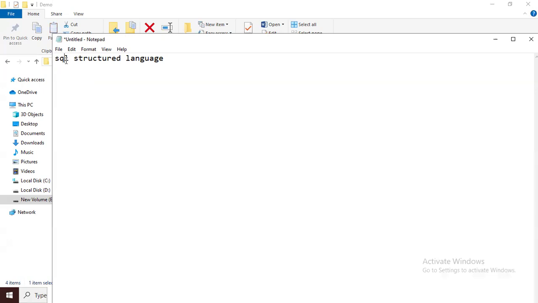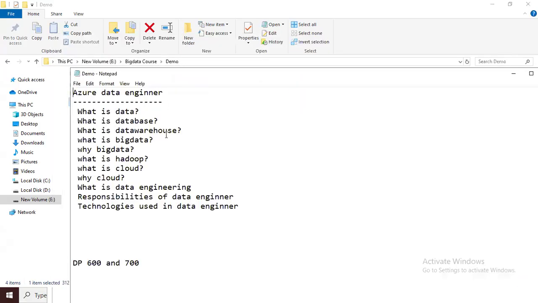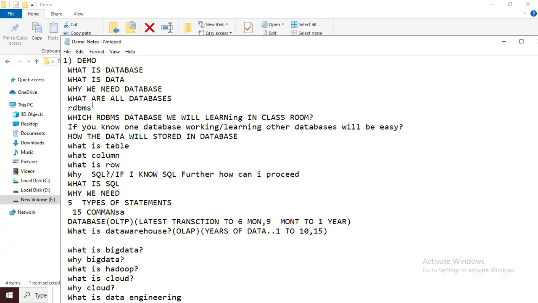Now, this SQL is a structured query language. Why do we need this SQL? To deal with the data. What we discussed in the demo class, if you remember, is what is data. Data is any data which you're tracking. It's about you, it's about customers, it's about patients, it's about orders. That is called data. The data, if you're storing somewhere, is called a database. Why do we have to store it? It is to understand our business.